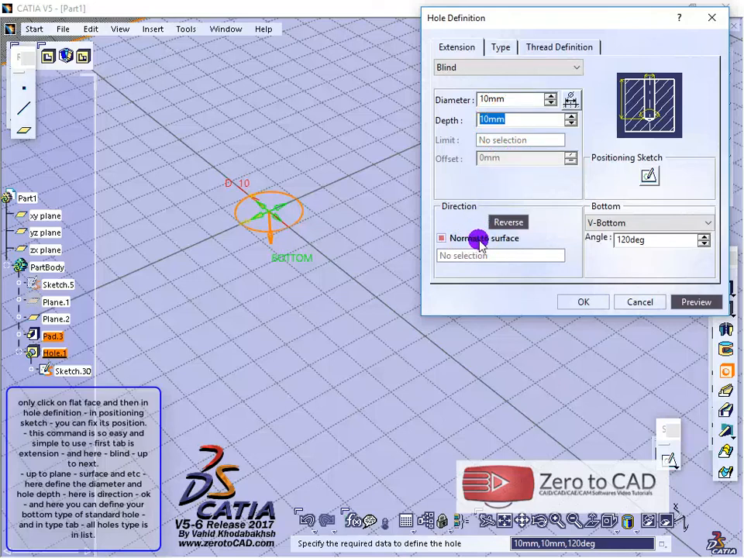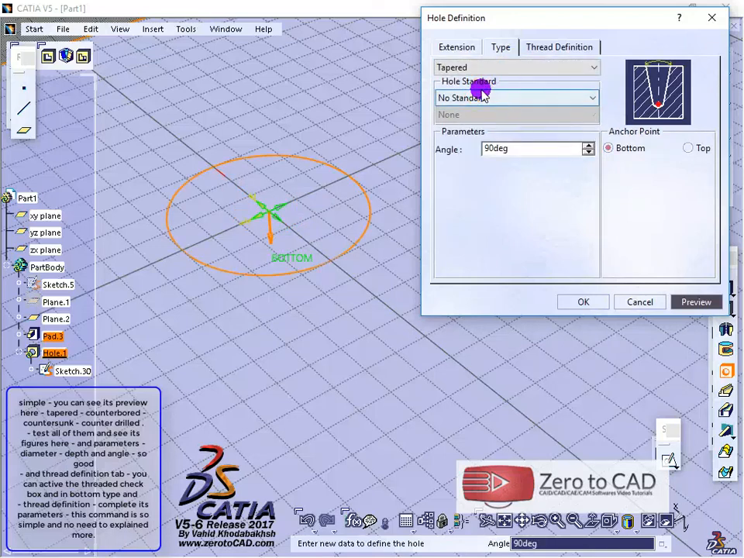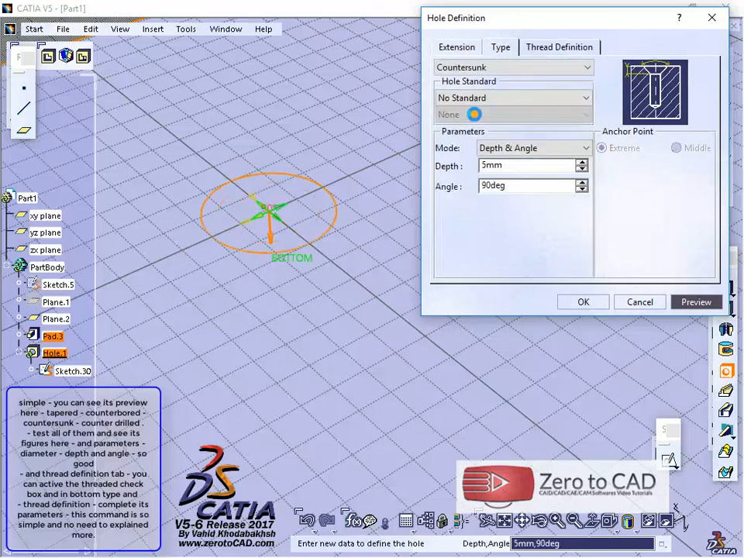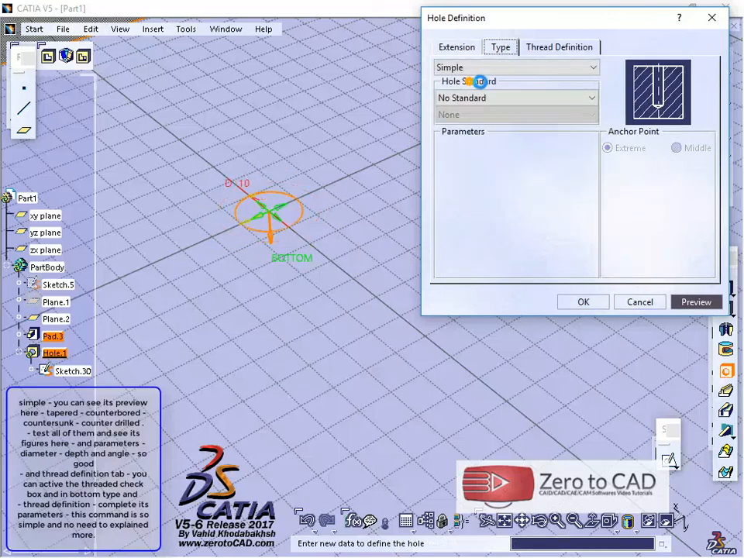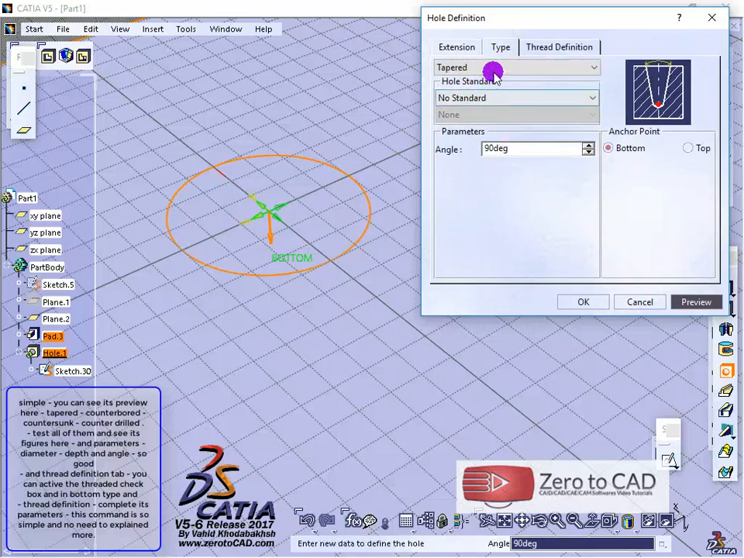And here you can define the bottom type of the standard hole, and in the Type tab, all hole types are in the list. Simple, you can see its preview here: tapered, counterbore, countersunk, counter-drilled. Test all of them and see their figures here, and parameters: diameter, depth and angle. So good. And the thread definition